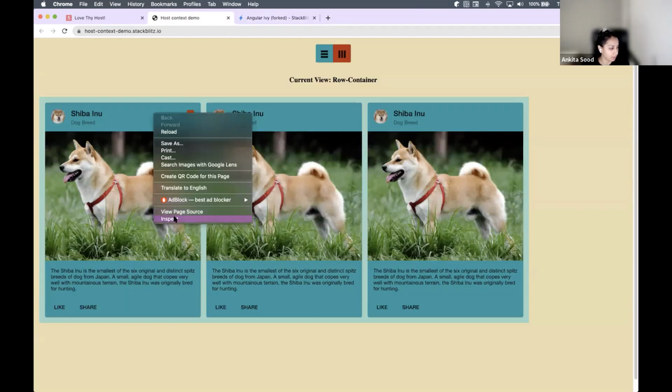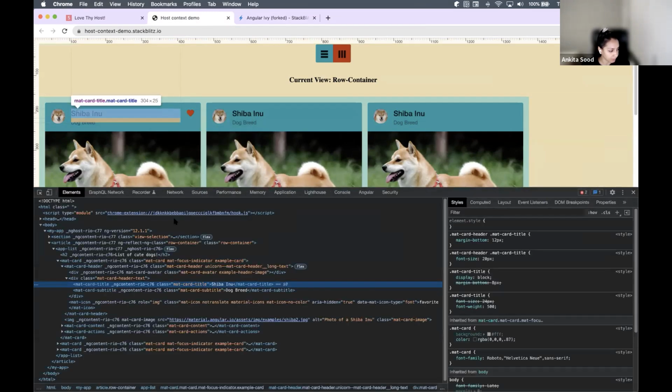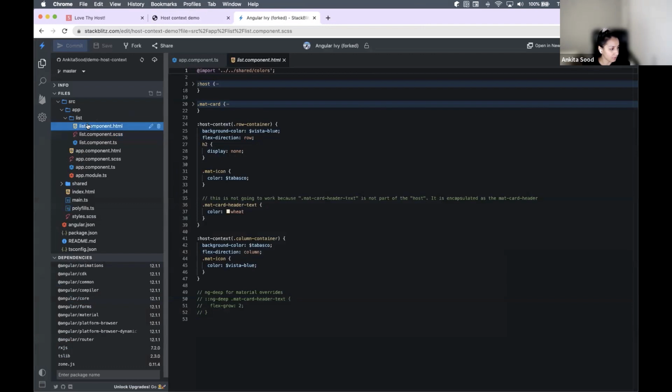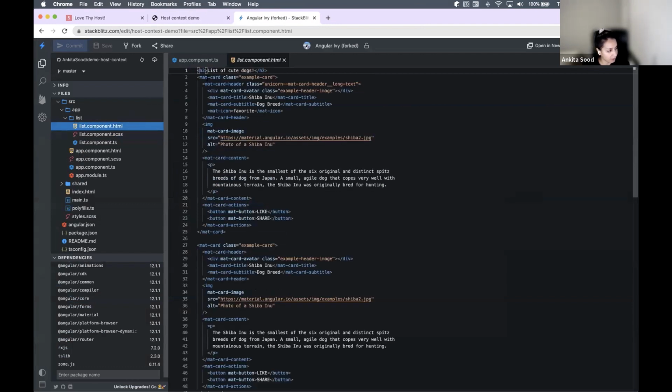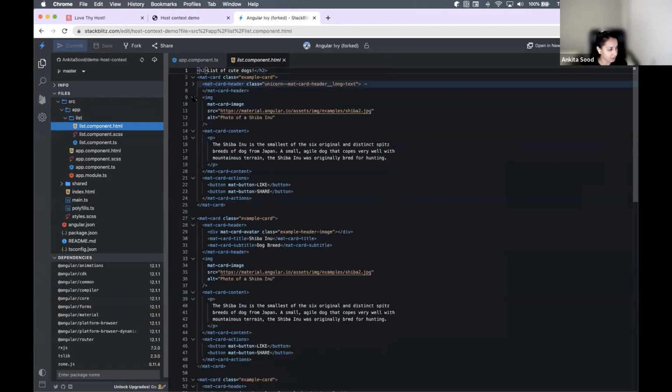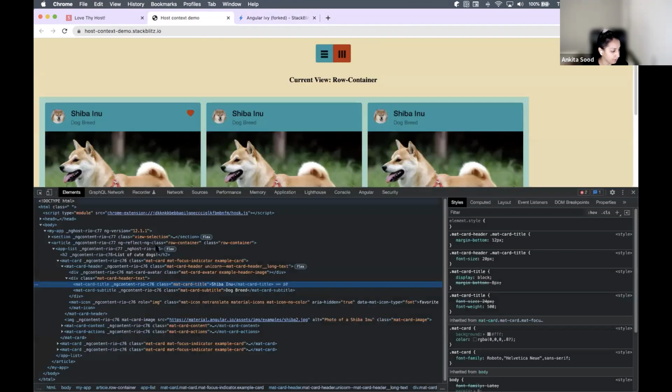One thing that I would like to point out is that for the list component, all of the markup that you actually have for a mat card is not exactly how it renders in the browser. For example, you have this mat card content over here, but when you inspect,